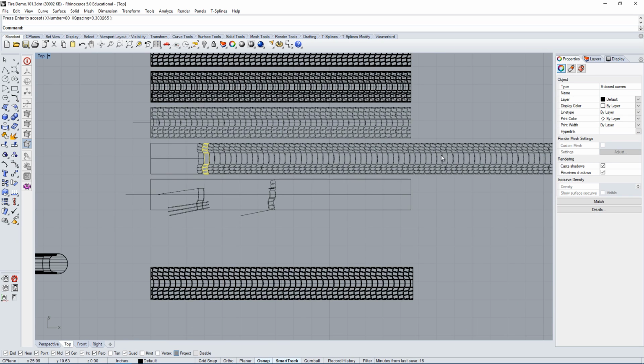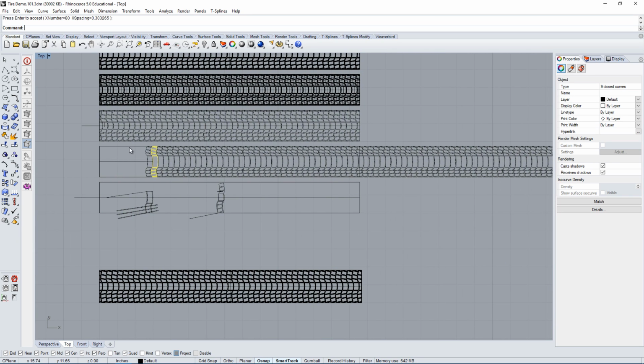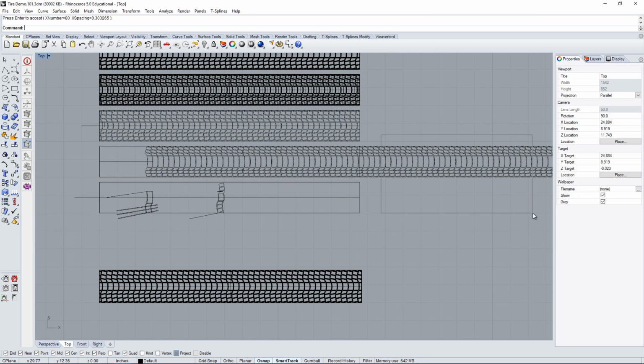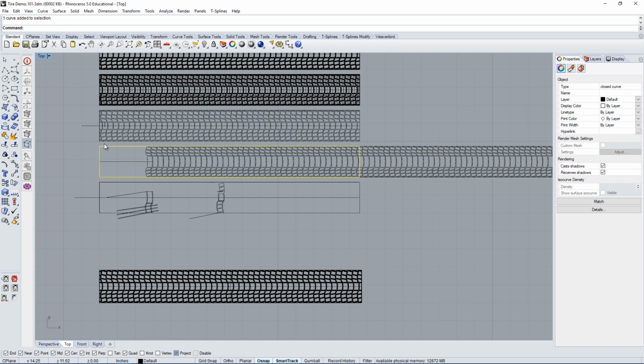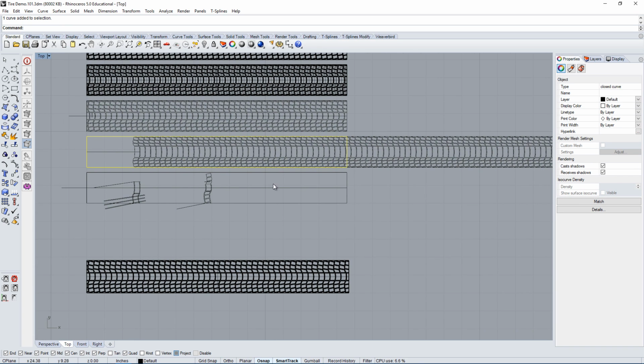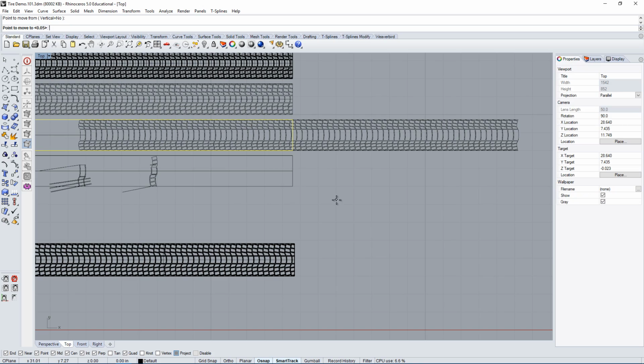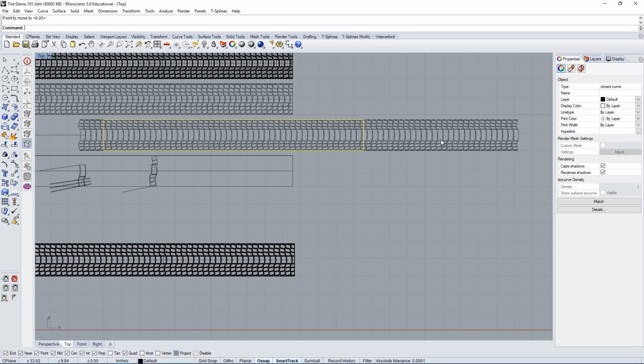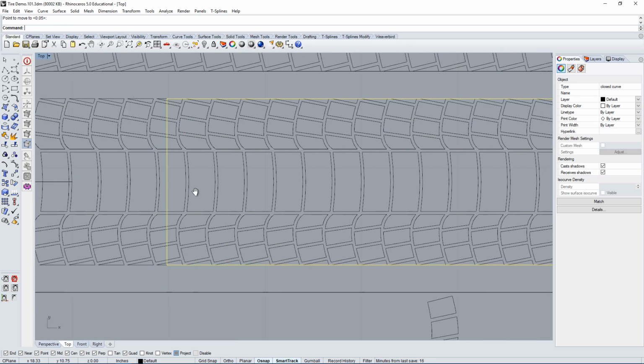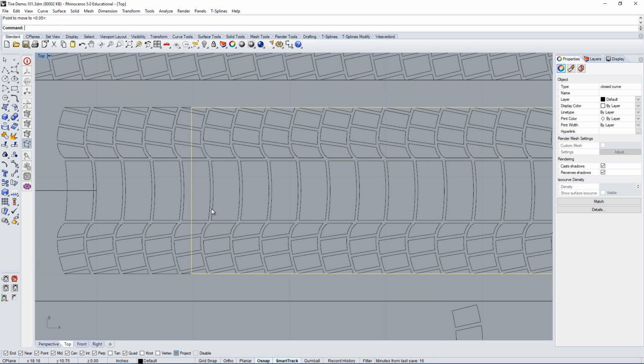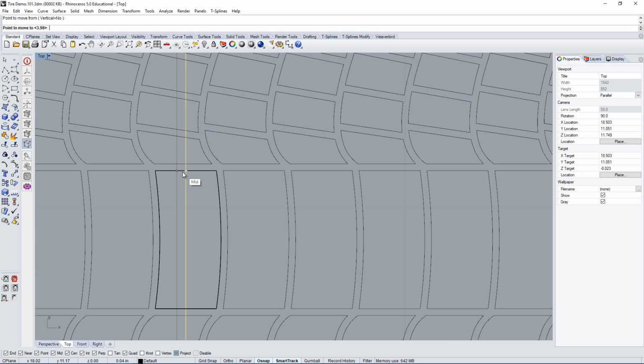Once you've duplicated this entire pattern, one way to do it is to move all of this pattern onto this kind of reference of a size. Or you can do the opposite, take this thing, your boundary, and move it to where you want it to be. At this point, what you're going to want to do is make sure that the pattern actually repeats in a way